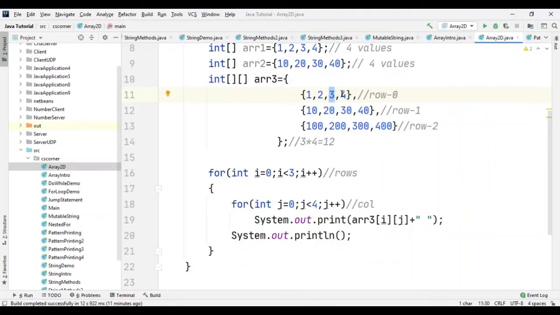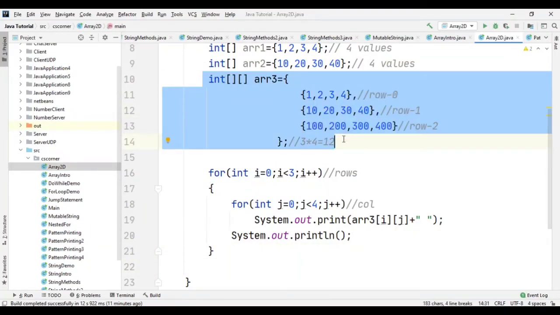ARR 03. So 4 will be printed and then J becomes 4. 4 not less than 4. It will come out of loop and it is going to print you what? Next line. So this way you can print what? Two-dimensional arrays value.